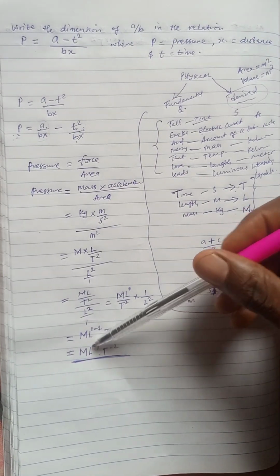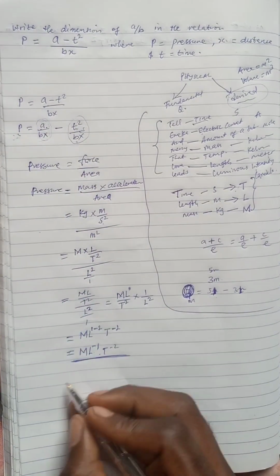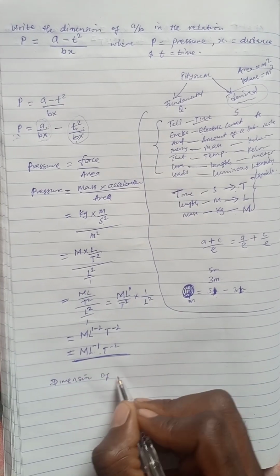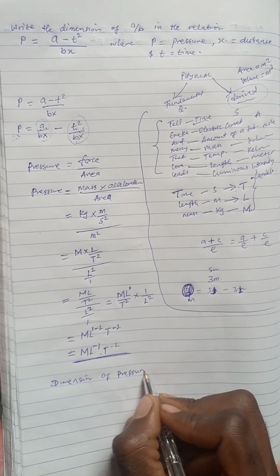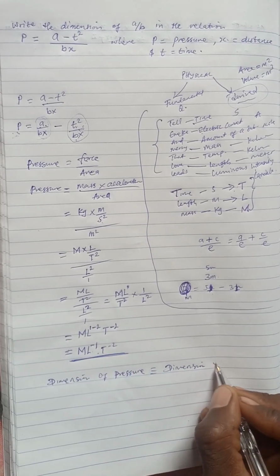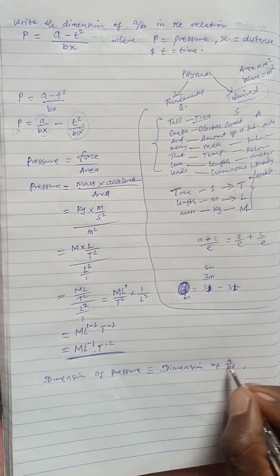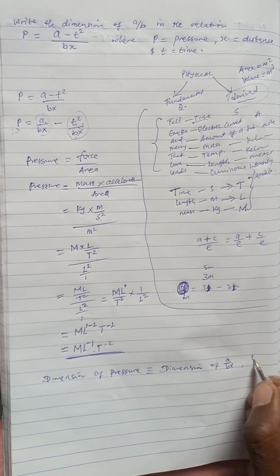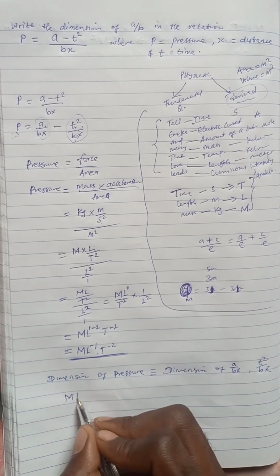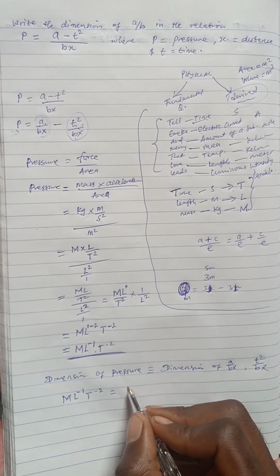So it means that this dimension for pressure is equivalent to the dimension of this, and equivalent to the dimension of this. So it means that the dimension of pressure is equivalent to the dimension of A over Bs, and also equivalent to the dimension of T squared over Bx. So now it means that ML to negative 1, T to negative 2 is equal to the dimension of A